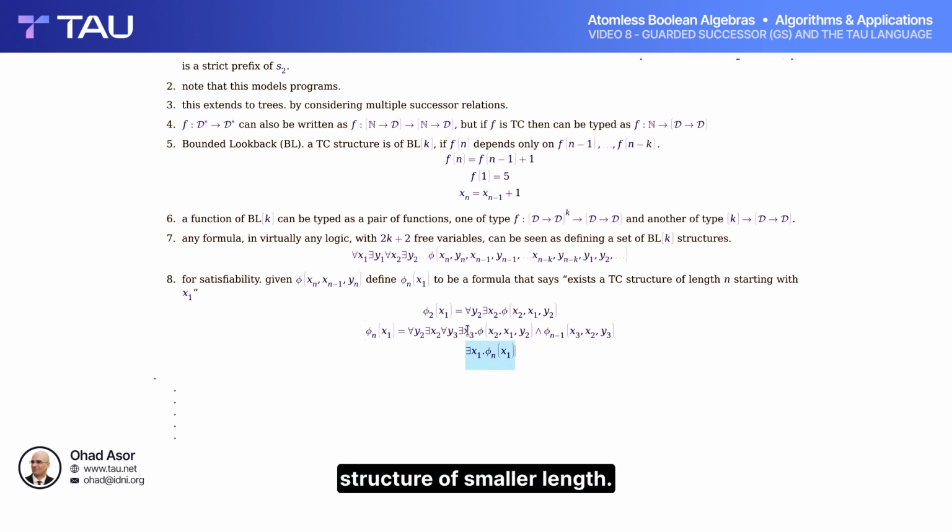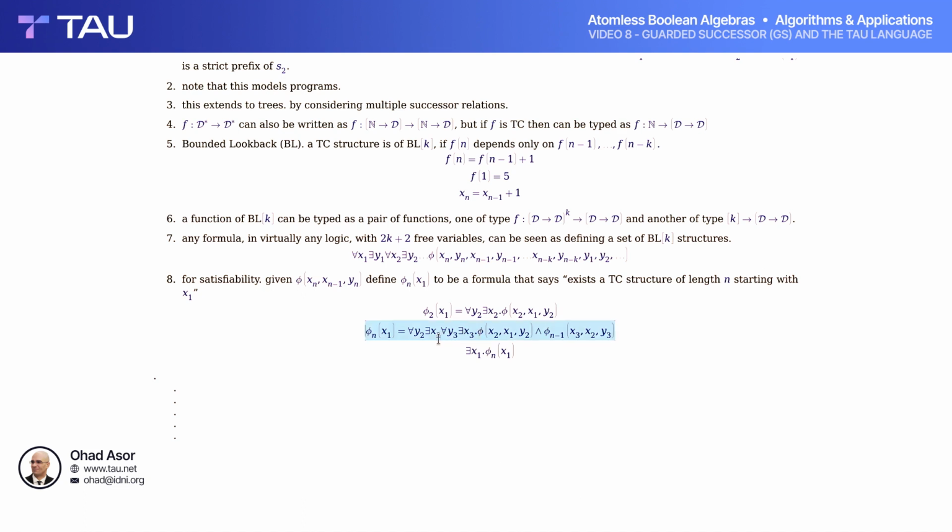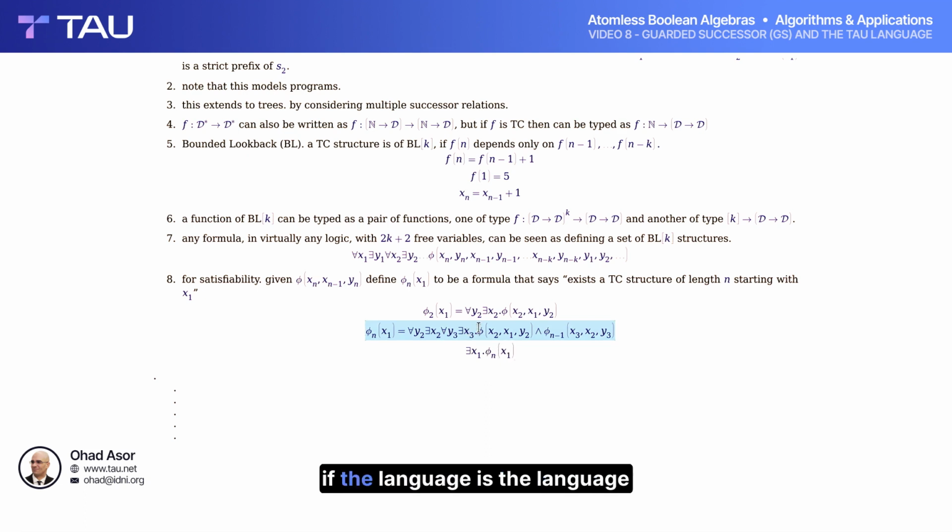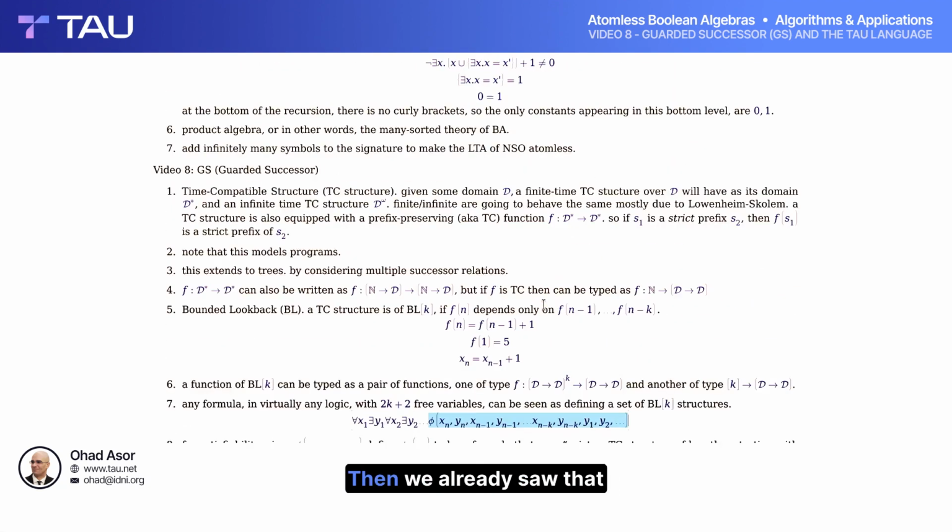smaller length. Therefore, even though we have a quantifier alternation and conjunction here, the conjunction is okay, but the existential quantifiers are the main problem to see this monotonicity, even though it is still monotonic by construction. Now, to find the fixed point of this recurrence relation, if the language is the language of atomless Boolean algebras, so the connection between the x's and the y's here are given in the language of atomless Boolean algebras, then we already saw that